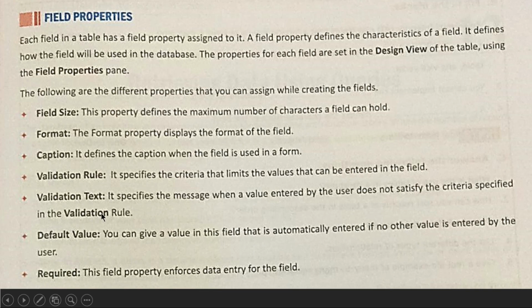Fine. Default value. Suppose you have thought that for a certain field, you have to pay some money which is fixed.